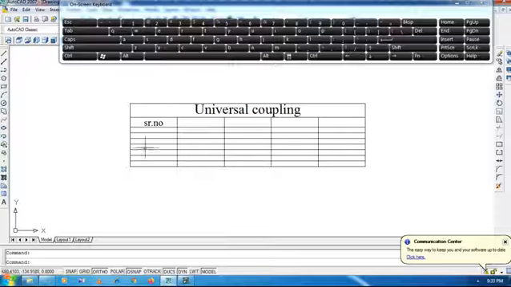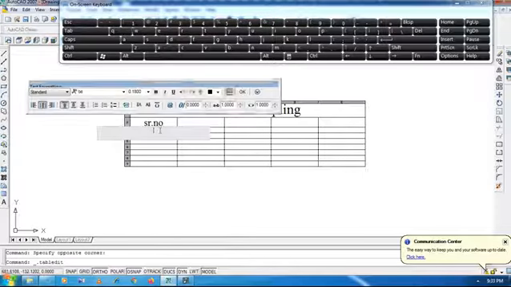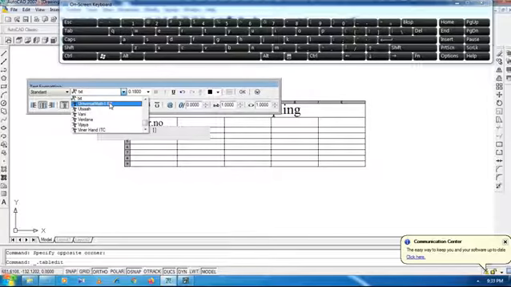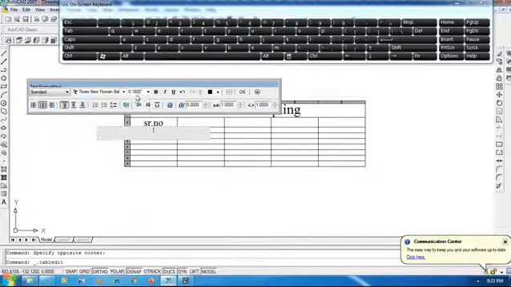Okay, so like this the serial number is here. Like this, if you want to enter 1, Times New Roman, and then I enter 0.7 and then OK.